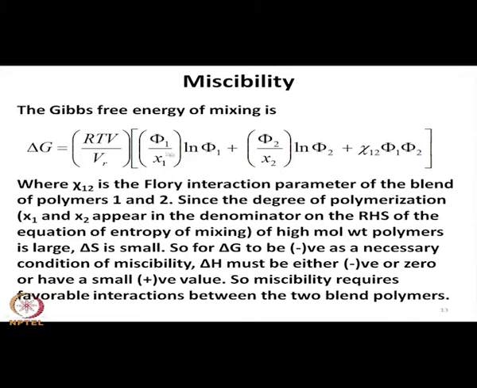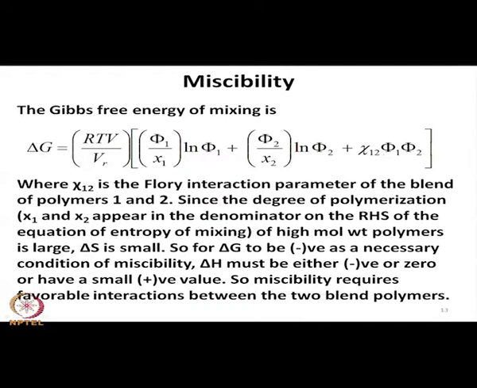the Gibbs free energy of mixing is given by this relation: delta G is equal to RT V by V R into phi 1 by x 1 ln phi 1 plus phi 2 by x 2 ln phi 2, plus an interaction parameter has been introduced in the third term, chi 1 2, the interaction between the component polymer 1 and the component polymer 2. There is the product of volume fraction of the two polymers, phi 1 and phi 2. This interaction parameter is nothing but the interaction of one polymer molecule with another polymer molecule